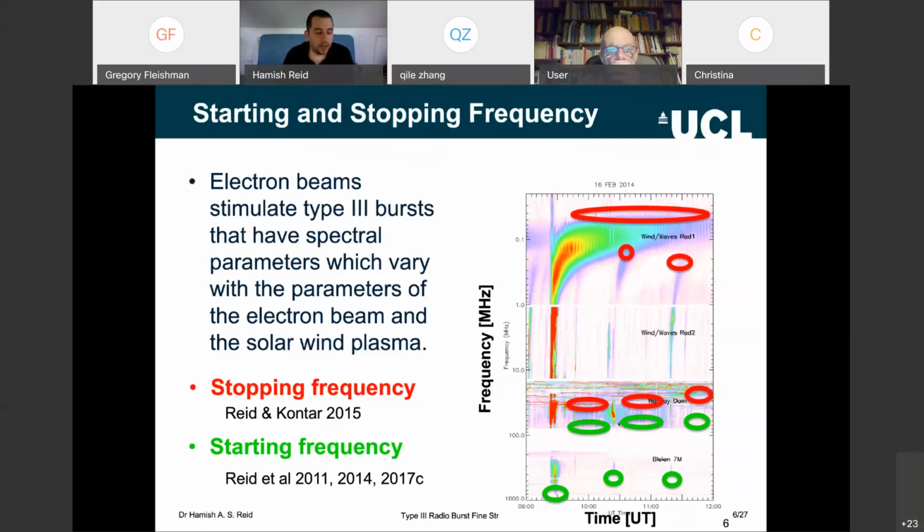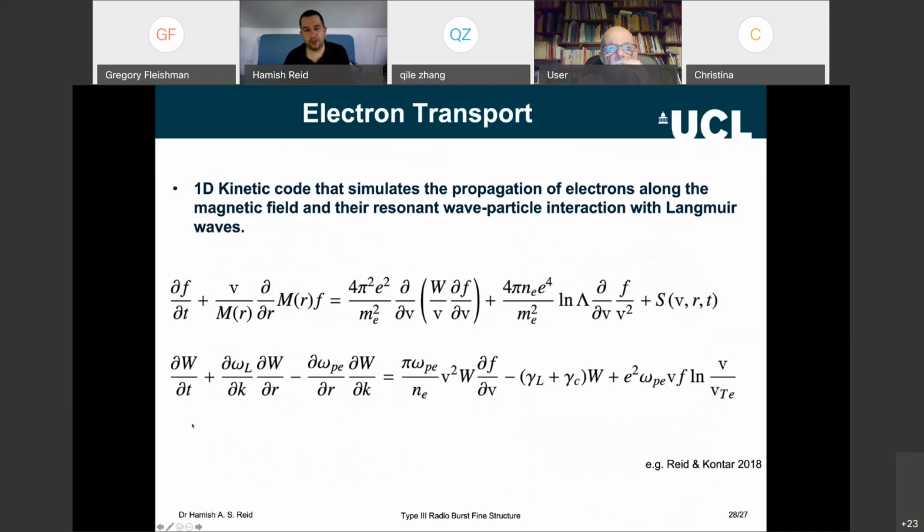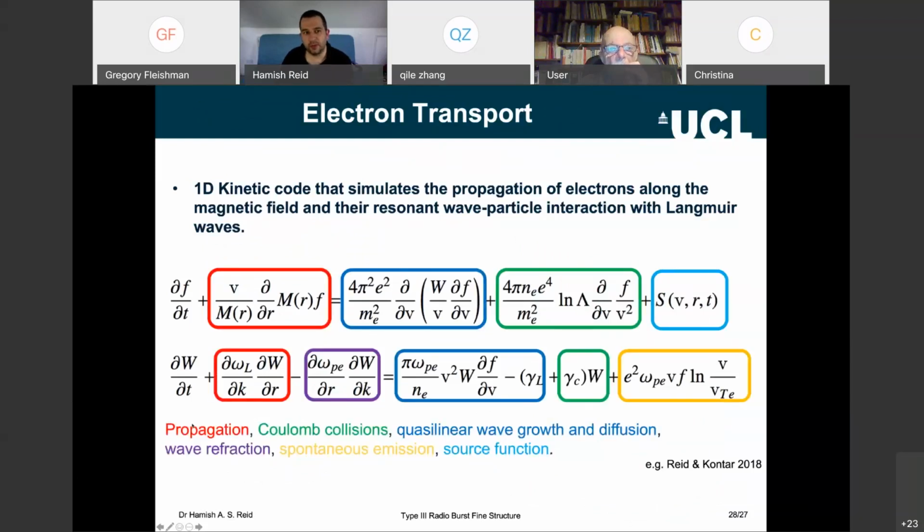Sorry. Yeah, I'd love to also be able to simulate the Whistlers, but no. I have an extended slide here where I can show you the equations. Just quickly, we're looking at the electrons and the generation of Langmuir waves. And there's a number of different physical processes that are inputted into the simulation here. But I'd love to be simulating other plasma waves like Whistlers and so on, but not yet.